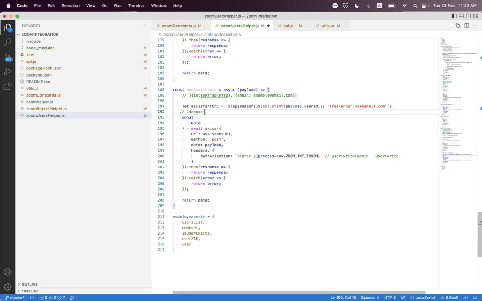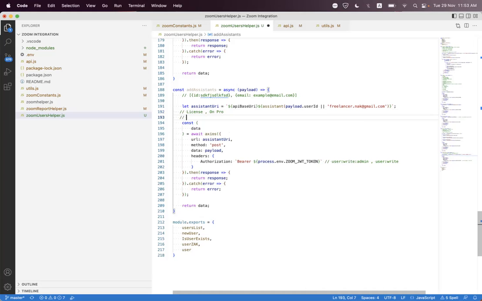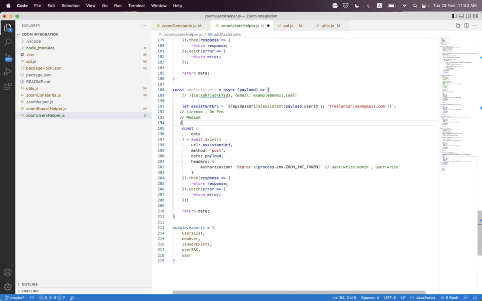Okay, the license will be a pro license or on-prem license. So both have a license, must be. And this API has a medium rate limit. Okay, and before adding an assistant, the user who is going to add the assistant must have an enabled co-host